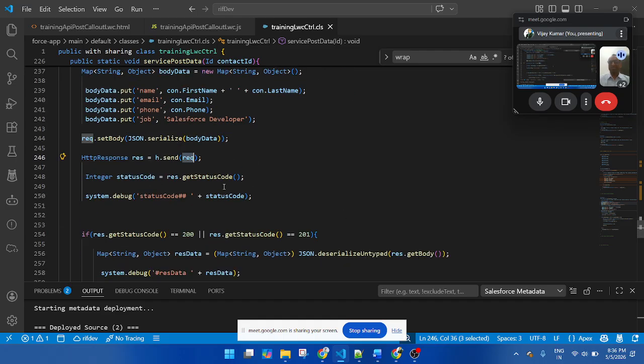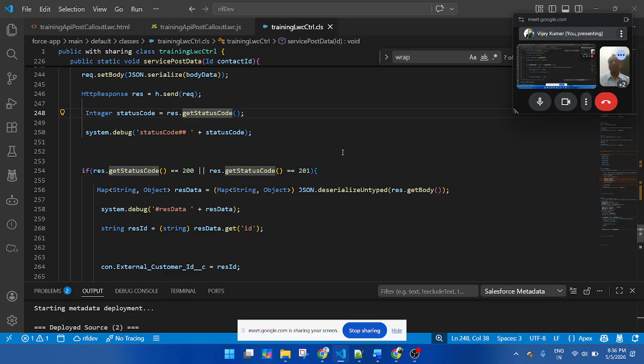After that, I am checking the status. getStatusCode is a predefined function to get the status of the API. So this is an integer variable. This variable stores the status. Response.getStatusCode will return the status code. It will check before getting the response of the API. Here I am checking if the response status is 200 or 201. That means if it returns 200 or 201, my API is working well.